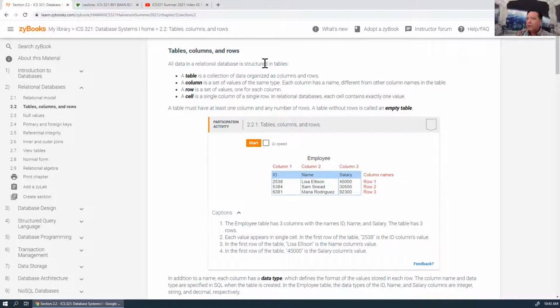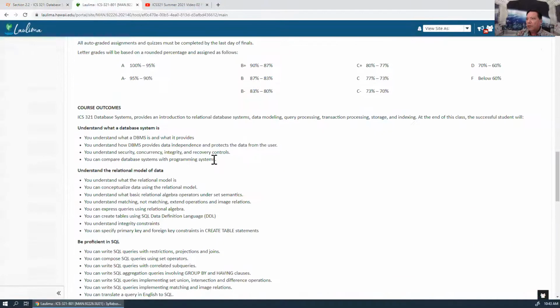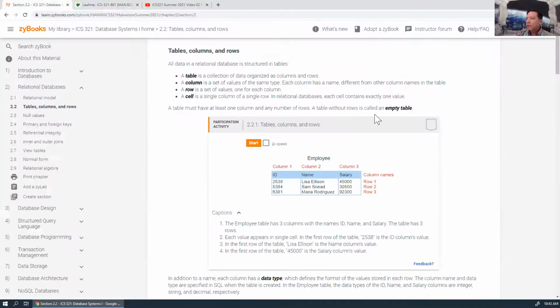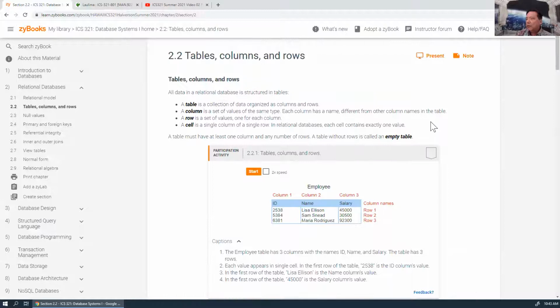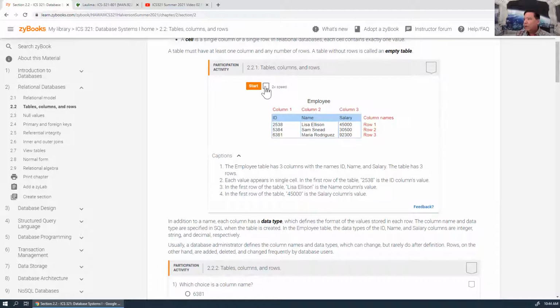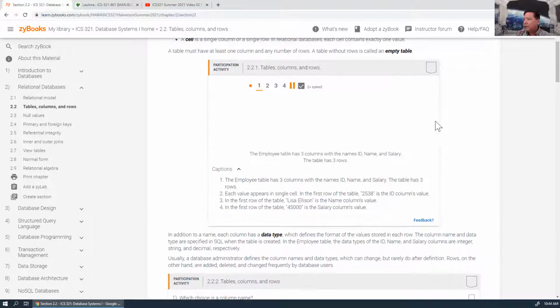These participation activities, I think they're like 20% of your grade, and all they are is clicking through. It's the way I can tell if you've actually read and absorbed well enough to be able to do these participation activities. Your comprehension of the test. So it's basically just clicking through this so you understand it, and this is simply explaining